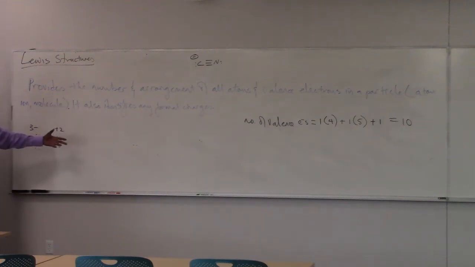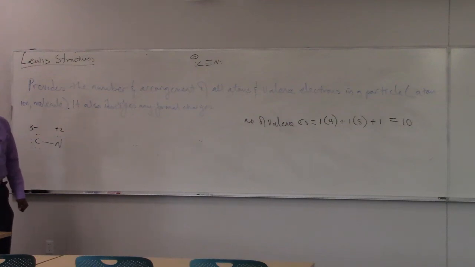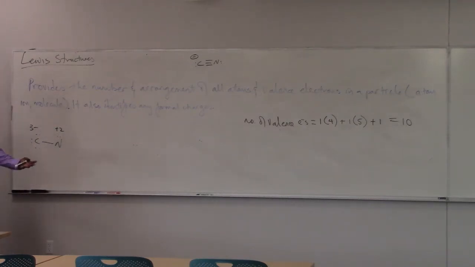That's a Lewis structure. Now I can assess the stability of that Lewis structure by looking at it. Is that a good Lewis structure? It's a good one because it's a correct one. Is it the most stable structure of cyanide? The answer is no. And the question is, why not? What's wrong with it? And the answer is a bunch of stuff. 1,